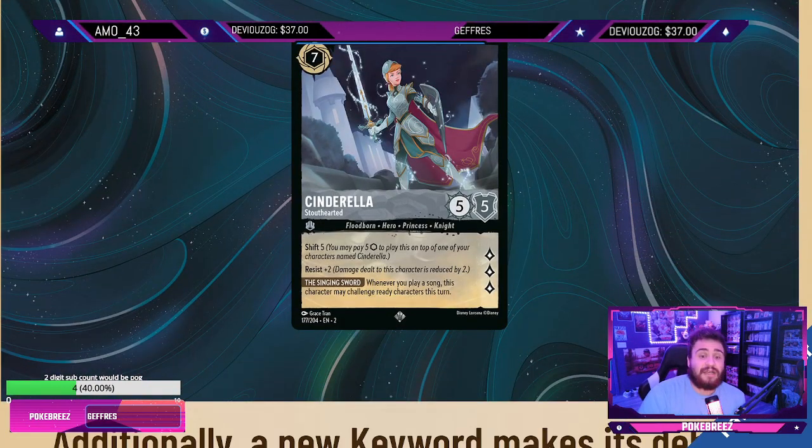A new card we got is Cinderella at shift 5. You may put 5, all that stuff, classic. Resist 2. Whenever you play a song, this character may challenge ready characters this turn. That ability is insane. Let me tell you something. Being able to attack a ready character is going to be so strong. It is incredible. This is the first time I'm actually reading this card, fun fact, and I didn't even read this ability until now,